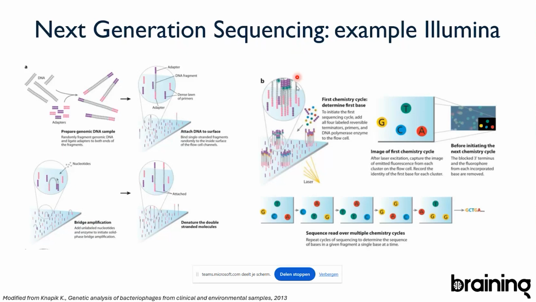And that real sequencing step works in a very similar way as Sanger sequencing. You have some kind of chain termination, right? The difference here is that you use fluorescently labeled bases. So for example, here the guanidine will be yellow, the thymidine will be green, the cytosine will be blue. And the other big difference with Sanger sequencing is that the chain termination is reversible.